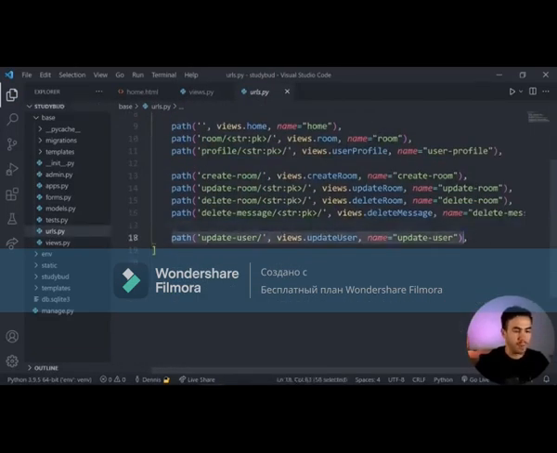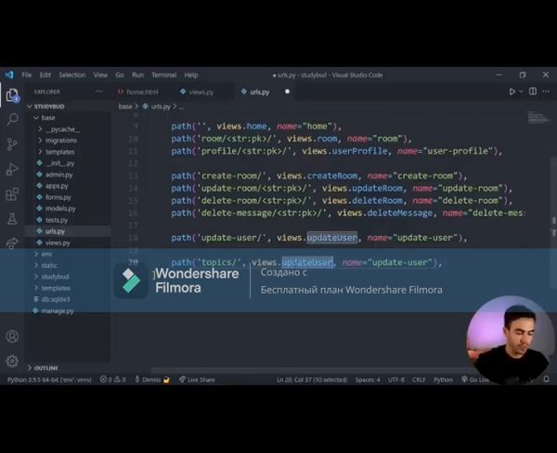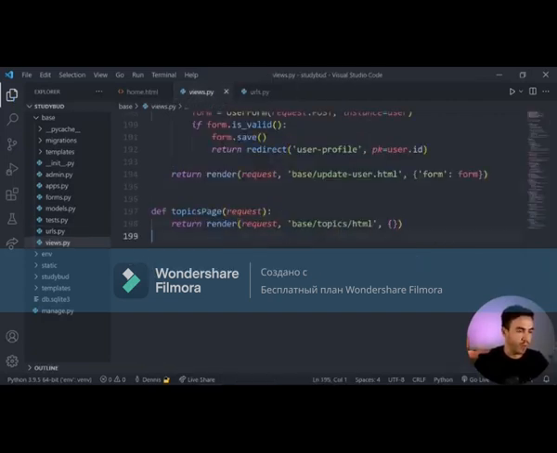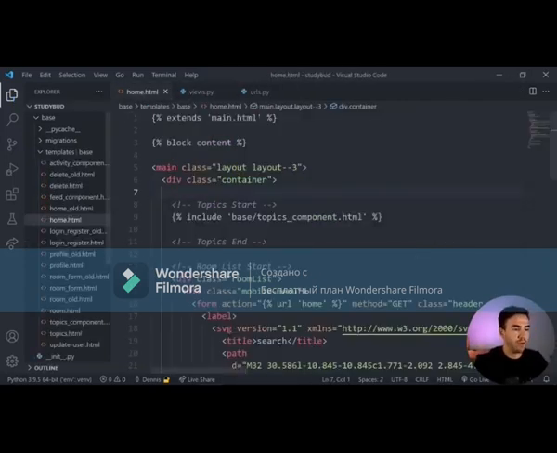So let's just take update user, copy and paste this, and we're just going to change this to topics. So we'll just do topics, and then we'll just call this topics page. So the view that we just created, and we'll just take topics and paste that in right there. Okay, so we have our URL, we have a view that renders that page, and now in the home page,